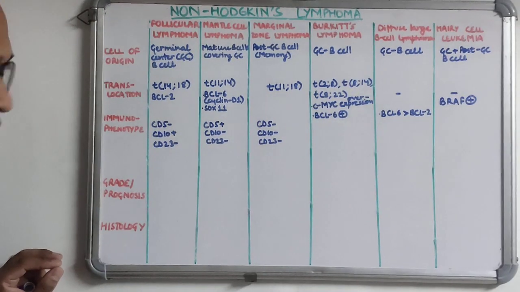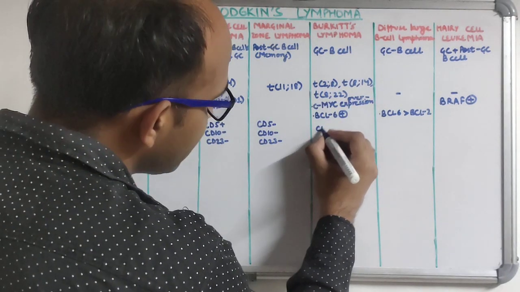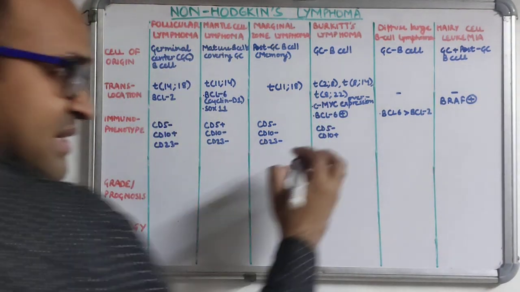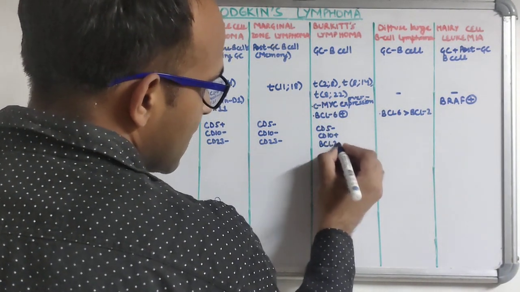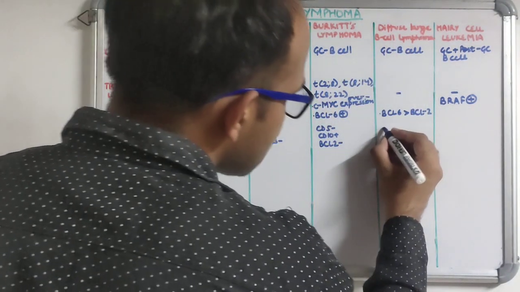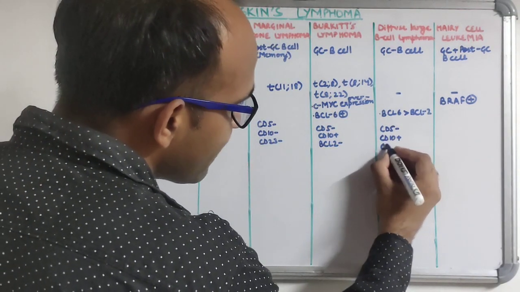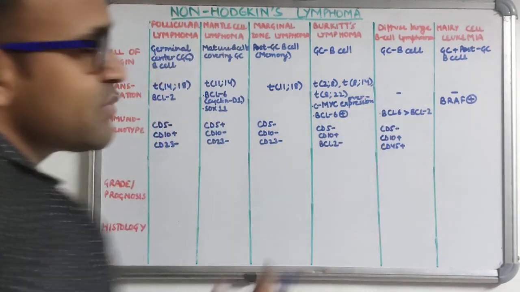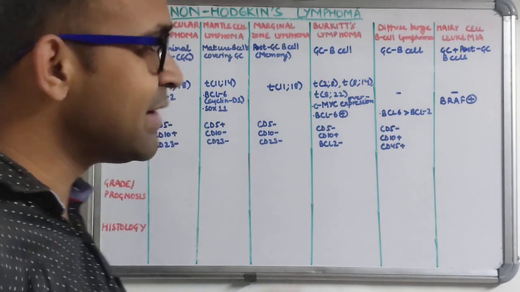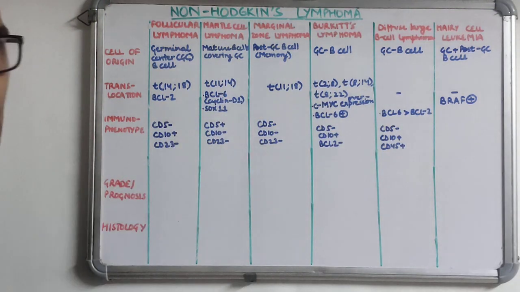Then we talk about Burkitt's lymphoma. In Burkitt's lymphoma, because they originate from germinal center, similarly CD5 negative, CD10 positive, and apart from that, I told you they are BCL2 negative, and BCL6 is positive here, right? When we talk about diffuse large B cell lymphoma, CD5 negative, CD10 positive, CD45 positive, and BCL6 is positive in over 2/3 of cases, and BCL2 ranging from 25 to 80%. So if BCL6 is overexpressed, you will think of DLBCL over follicular lymphoma.